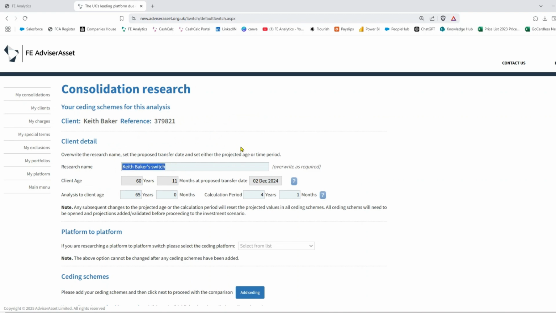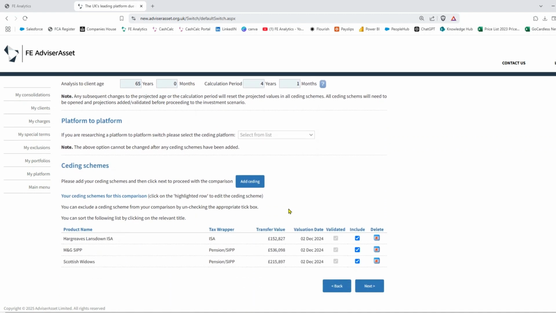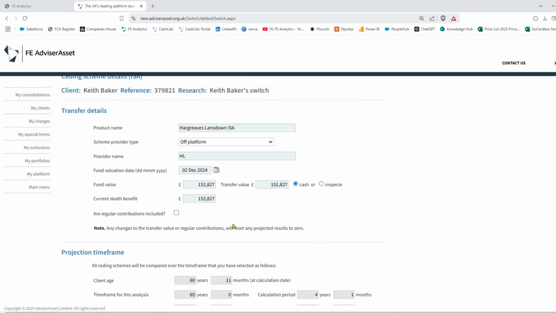So you just need to tell the system what you want this bit of analysis to be called. Now, the client current age will obviously pull through because it knows that already, and how far you want the projection to run to. And then underneath here, you can then start adding as many ceding schemes as you like. So I've got one ISA and two pensions, and you click on Add Ceding Scheme, and it will take you to a screen that looks very much like this, where you put in the product name, the provider name, whether the solution is off platform or platform, when the fund valuation date was taken from, the actual valuation you received,